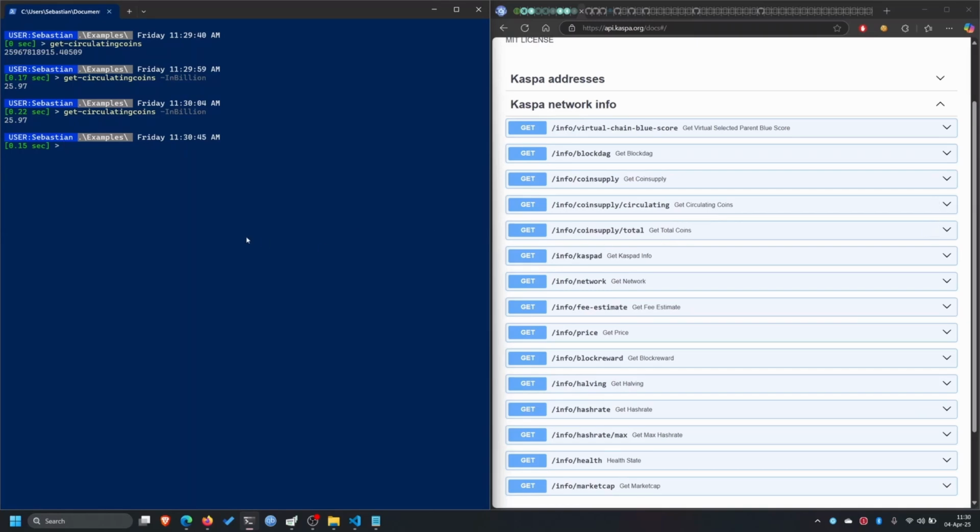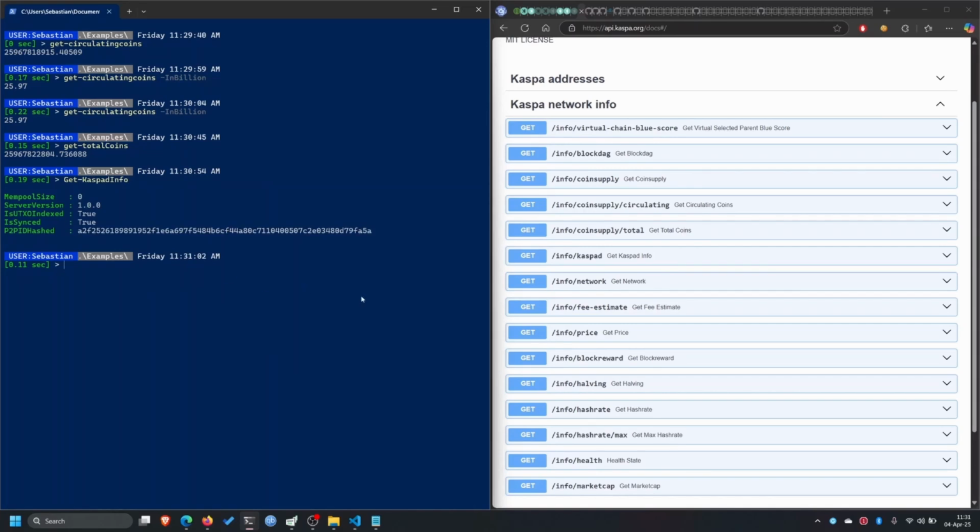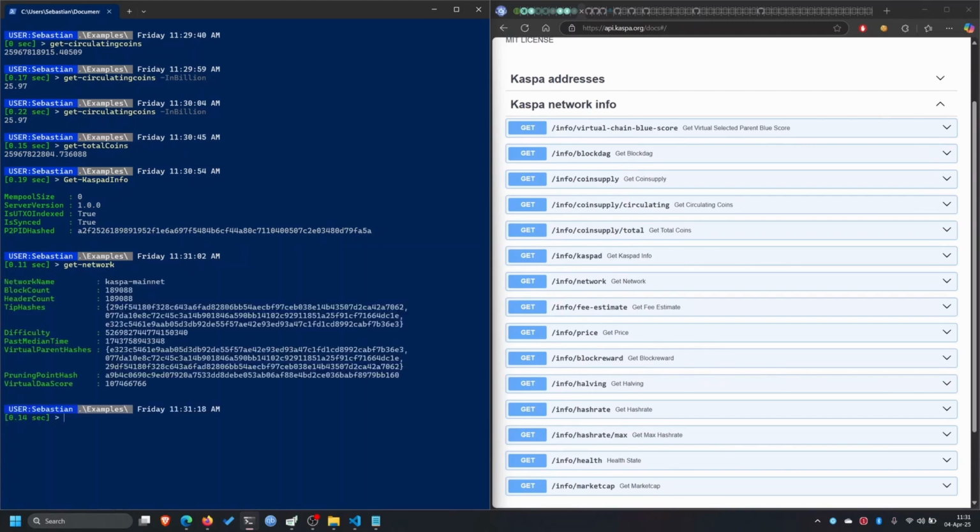Get total coins. Get Kaspa info. Get network. Now get network and get block DAG give you the same output. Currently, one of them will probably be gone in the next API update, but at this point they exist, so they are present in the Kaspa for PowerShell module too. Okay, so the next, get fee estimate. And as you can see,